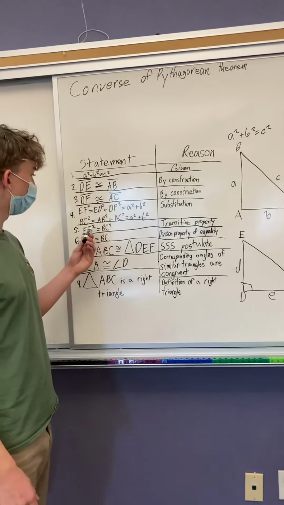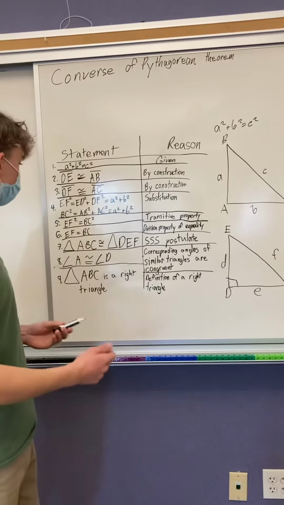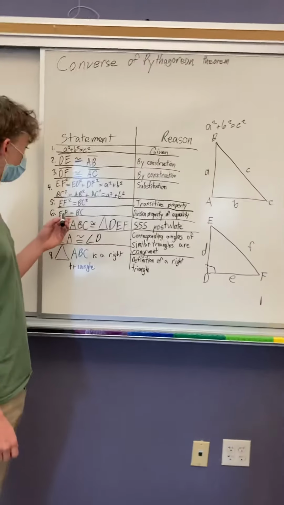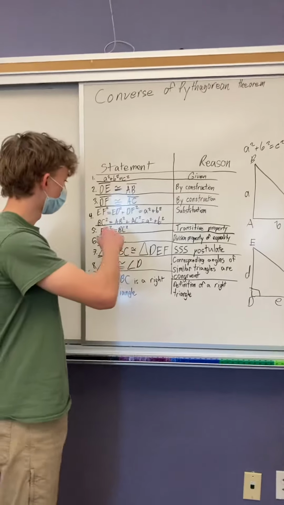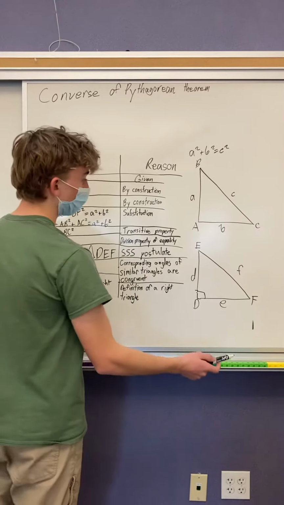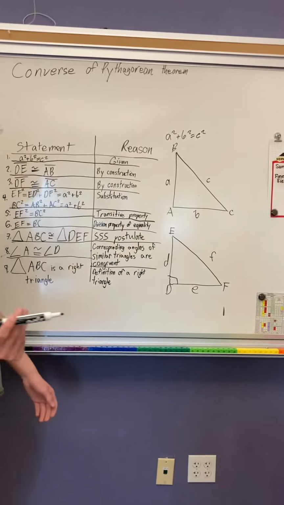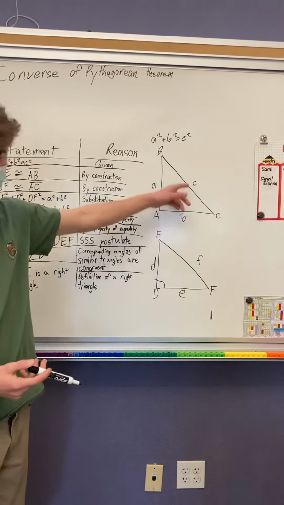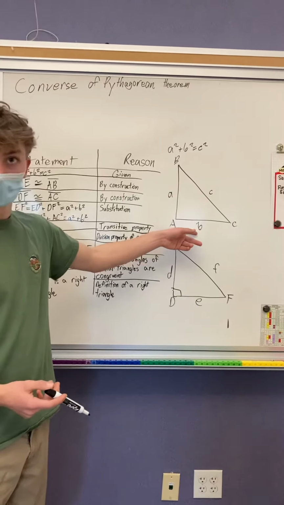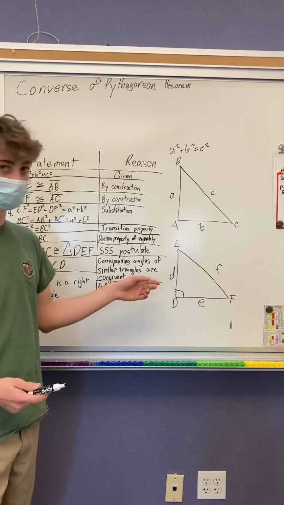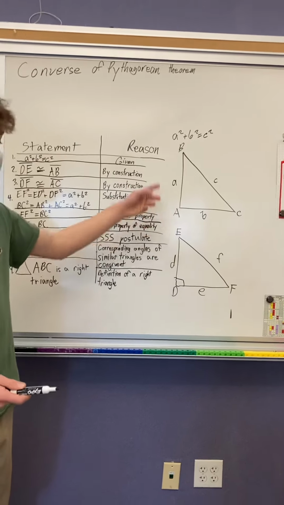Therefore, EF squared equals BC squared. If we simplify that by taking the square root of both sides, we can find that EF equals BC. So now we have that both hypotenuses are congruent to each other, as well as both legs of the triangle. Therefore, by the side-side-side postulate, we have three equal sides on these triangles, which means these two triangles are